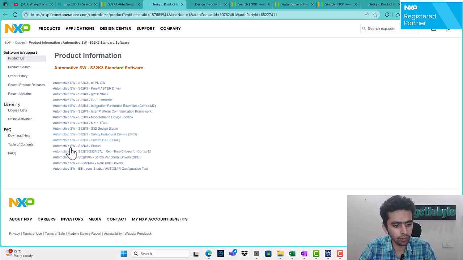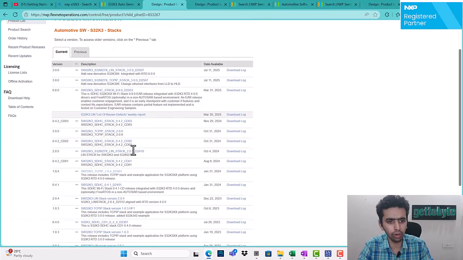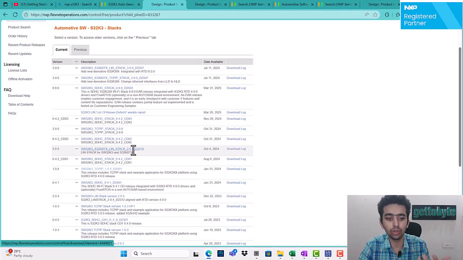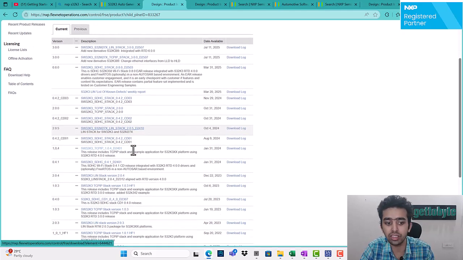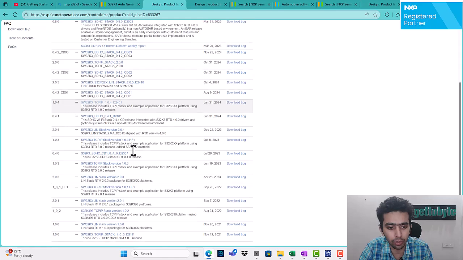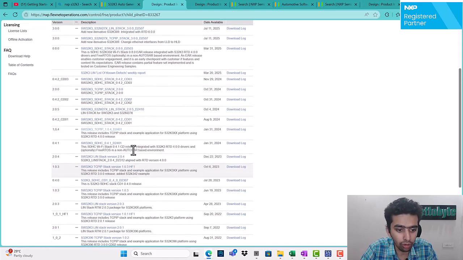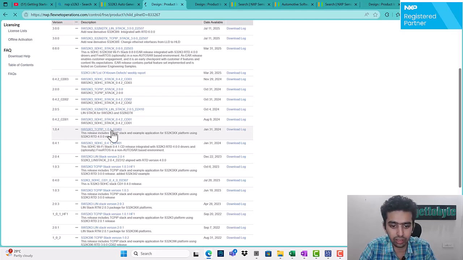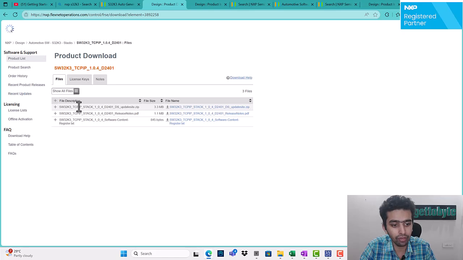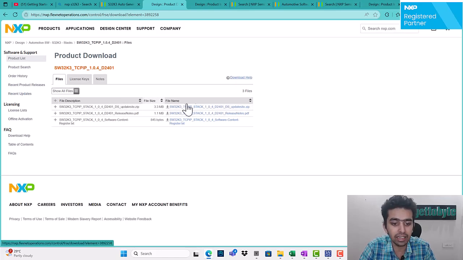On this page, you will go to the automotive software S32K3 stacks, and once you click onto it, you will find that there are a number of stacks supported on S32K3 related to LIN, SDHC protocol, or the TCP/IP protocol, which can be seen over here. Out of this, the one of concern is S32K3 TCP/IP 1.0.42401. This is what we are gonna click onto,